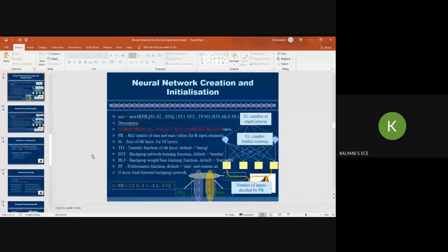So here on the right hand side, if you see, this is how that neural network looks. These yellow boxes are nothing but the inputs, the number of inputs decided by the user, and the second thing, the circle, is going to represent your